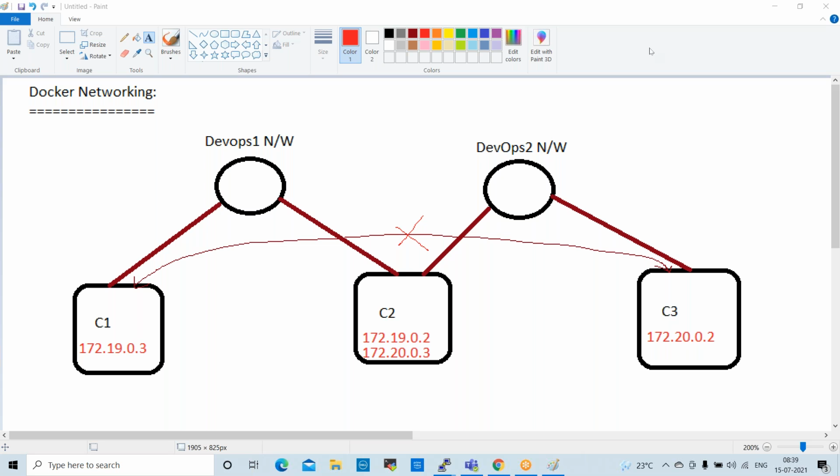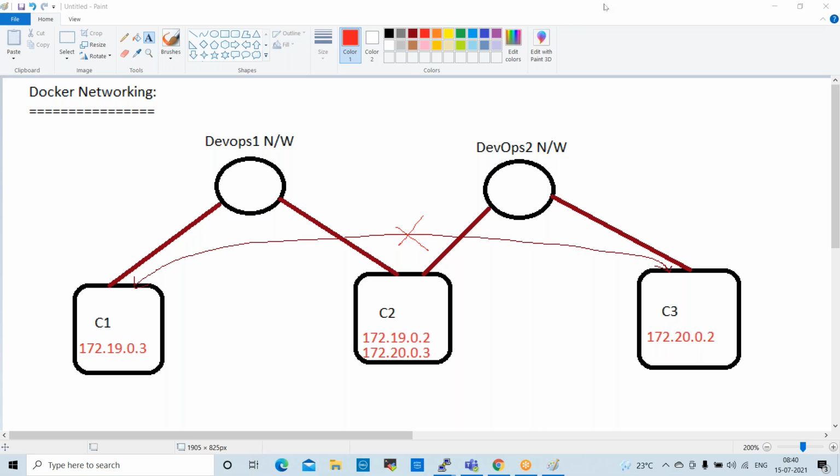Yes, if we use the same gateway it should be the same network. Gateway is nothing but a router, right? So if you use the same range, definitely it will communicate. But whenever you use different subnets or different networks, the network ID will be changed.